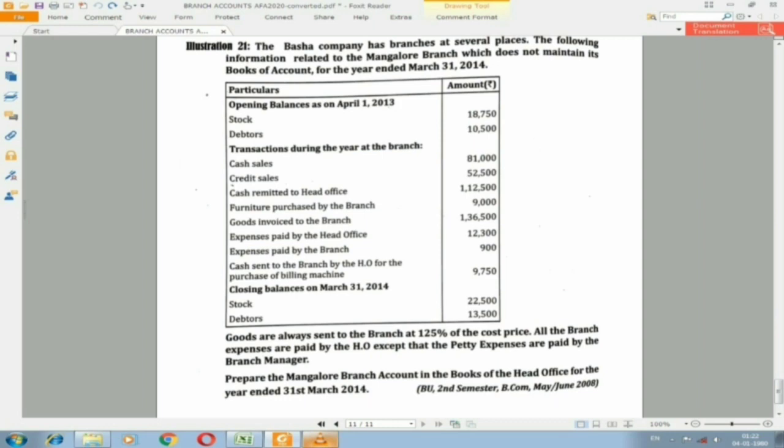First, let us see what items will come under debtors account. First, we have opening debtors that we can take. Then we have credit sales we can take. Apart from that, we don't have any other information except closing balance of debtors. Only three items will come under debtors account. So let us take these into debtors account and find out the cash received from debtors.